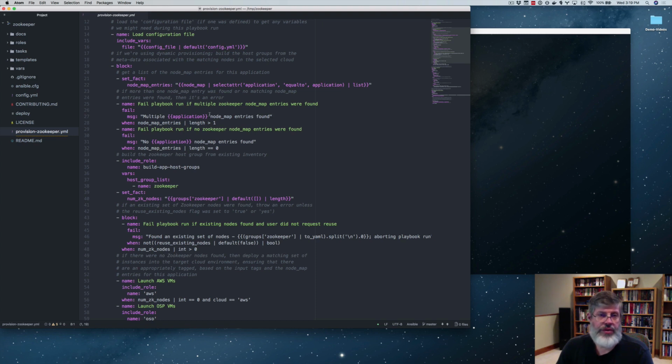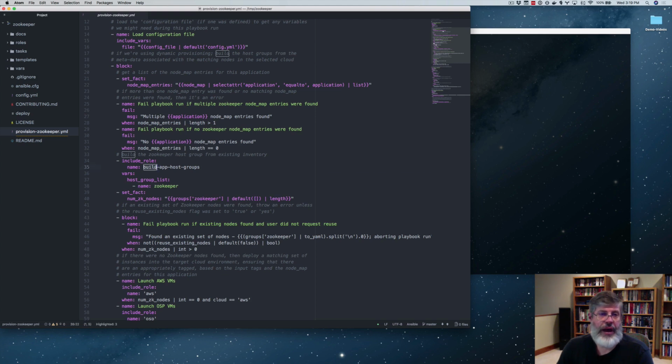If there's more than one Zookeeper node map entry found, it will fail. If there's not a Zookeeper node map entry, it will fail. But in either case, assuming we get through the 2 checks here, assuming we have one and only one node map entry, it will